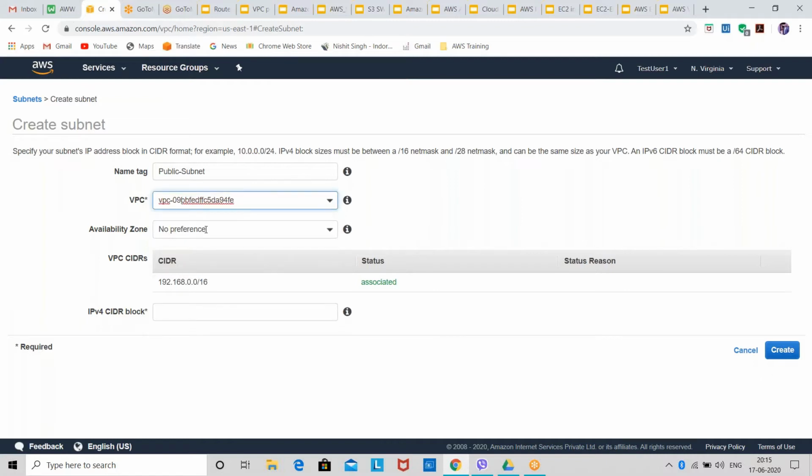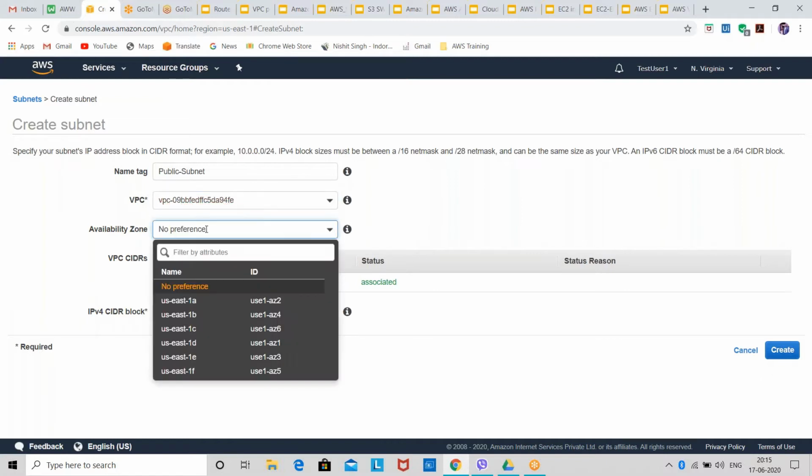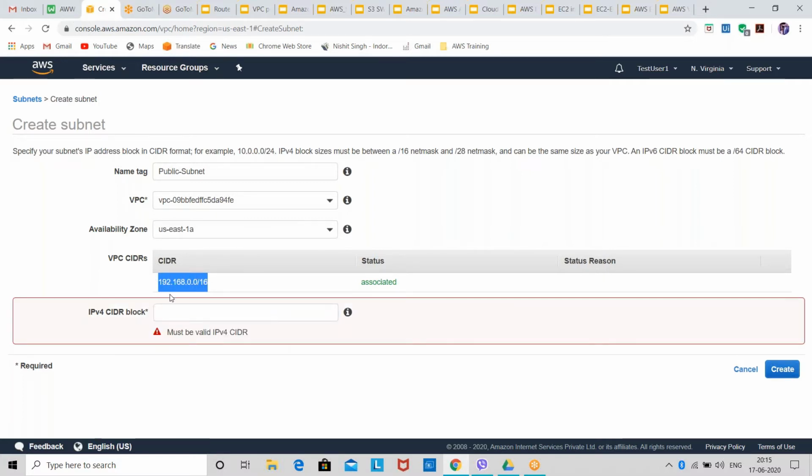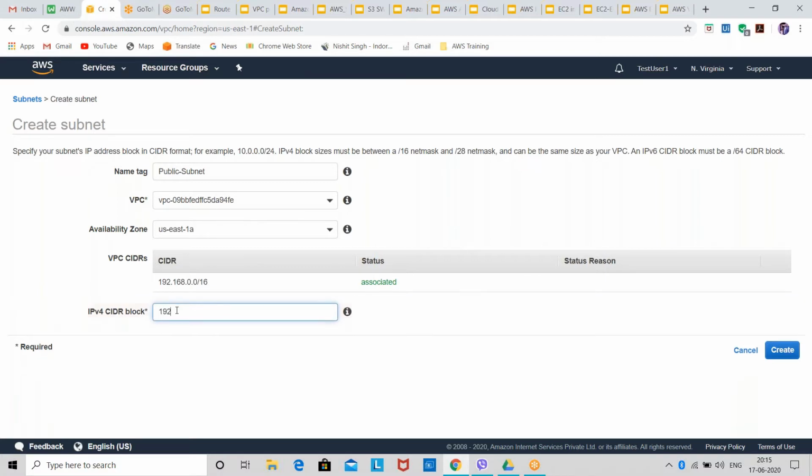Then they are asking me to select an availability zone, which you can select if you want. Then they are asking for the IPv4 CIDR block, which I have to give from this range. I'll give 192.168.10.0/24. This is my IPv4 CIDR block for the public subnet. I'll create it.